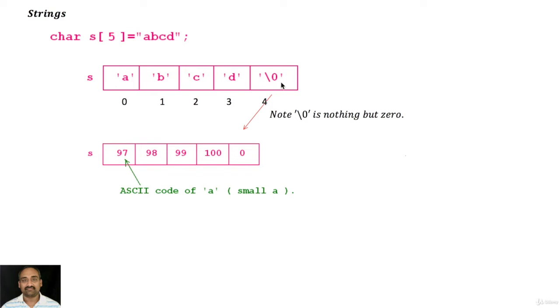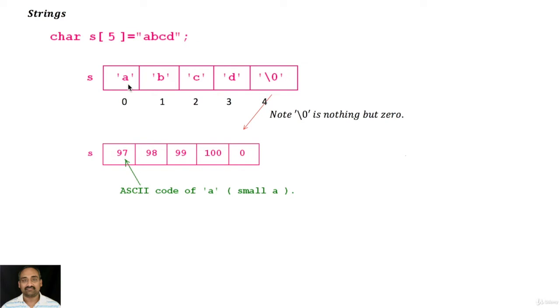like this. When we say A, B, C, D, it is stored in the character array in the given sequence, and there will be a special character which indicates that this is the end of the string. This character is called \0, which is nothing but 0. So a string is normally terminated with \0. As long as there is no \0, we consider that it is a string.